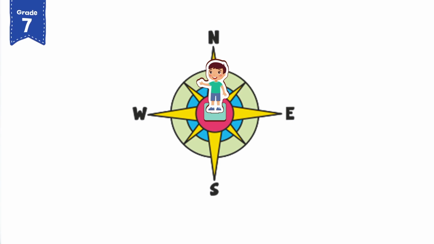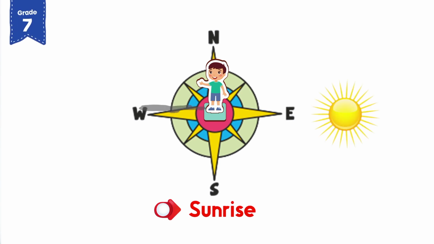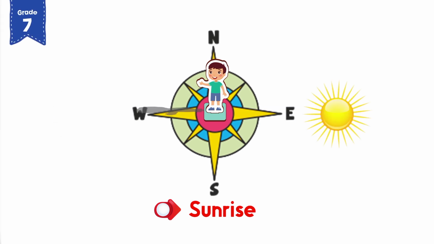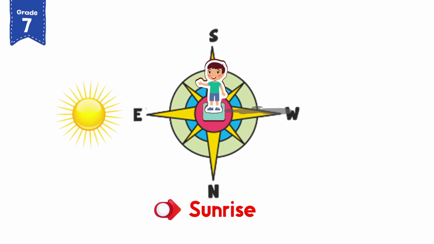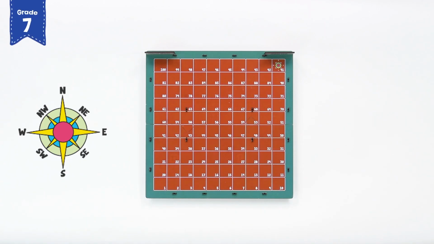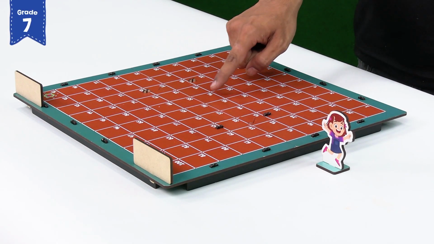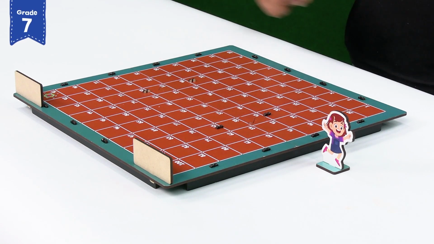Similarly, you can verify that the direction of shadow will be on the right hand side and left hand side when the boy token is facing in south and north direction respectively. Now let us study some scenarios when the light rays travel in the same direction as the direction of sun rays during the sunset. Place the girl token on block number 46 facing the east direction.